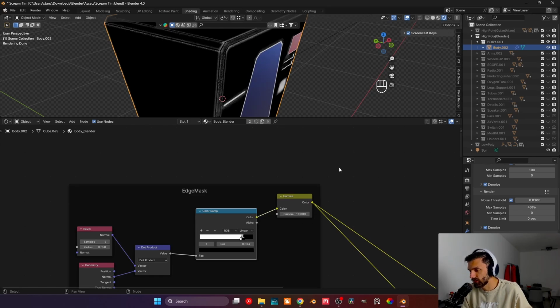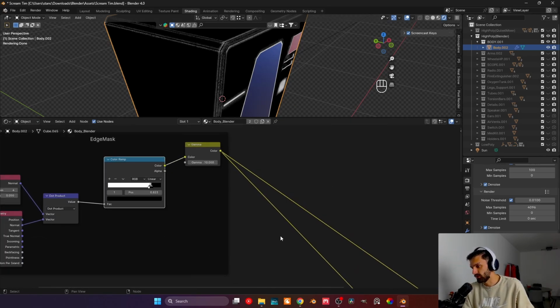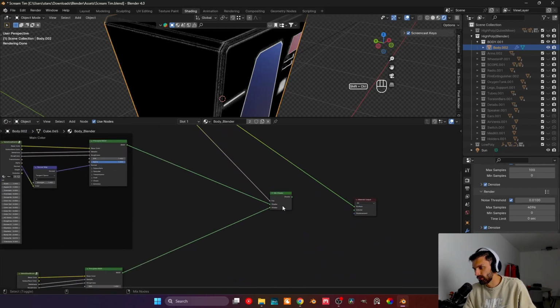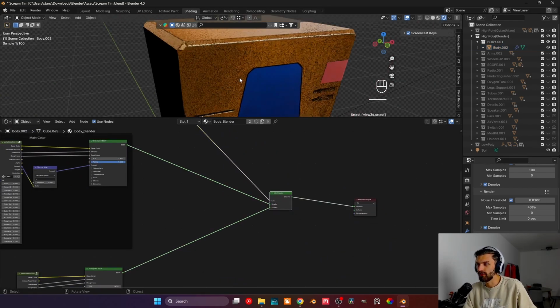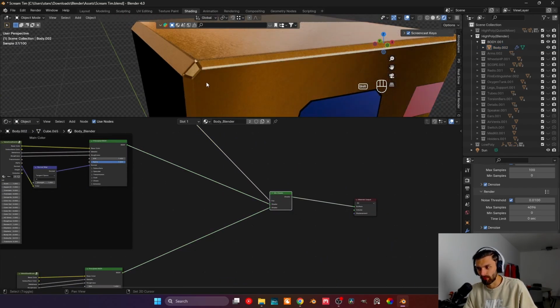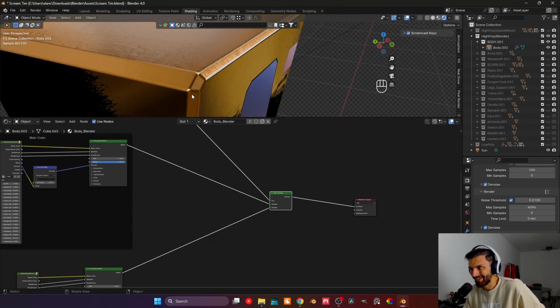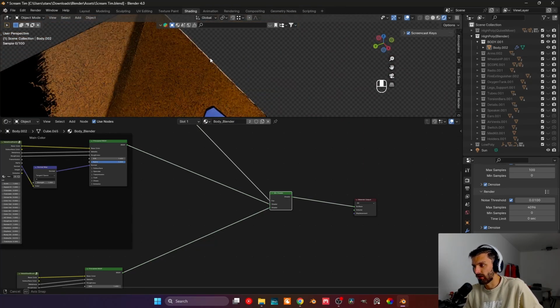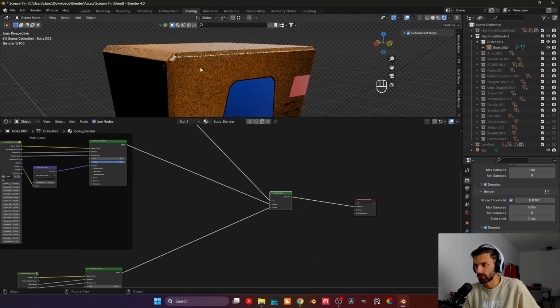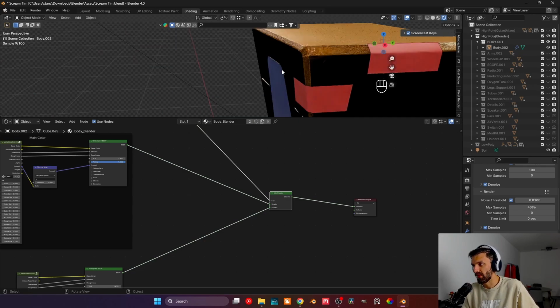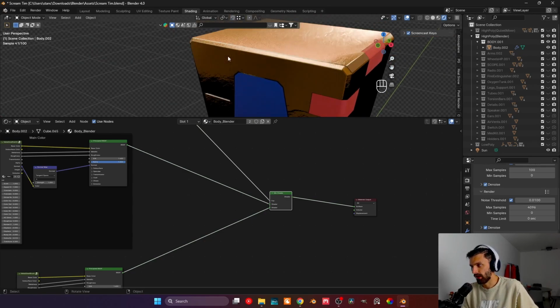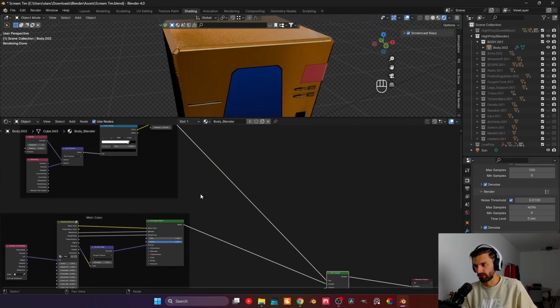Something maybe like this should do, I guess. And now, back to the whole material. You can kind of notice that we do have some brush still up there on the edges. Now, another thing we can actually do about it,